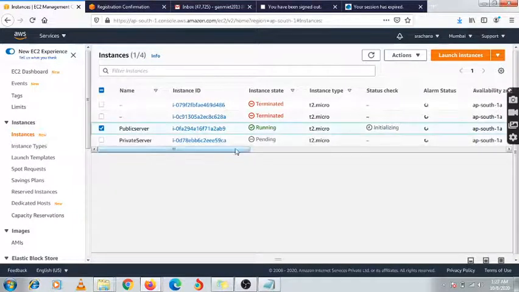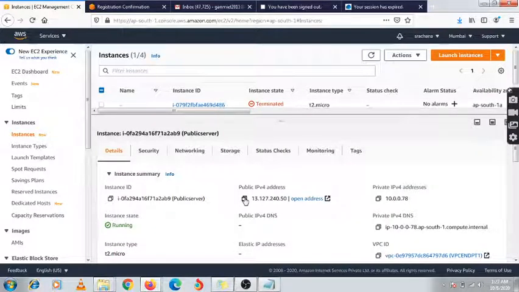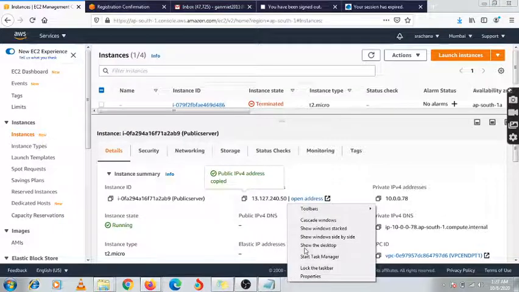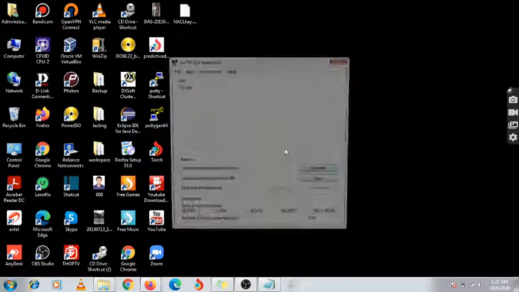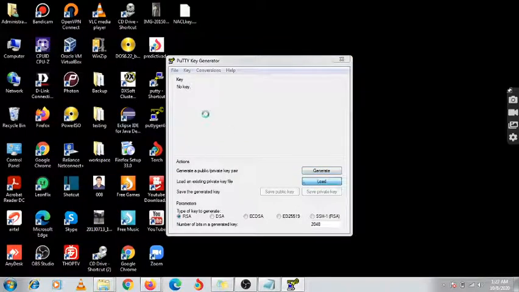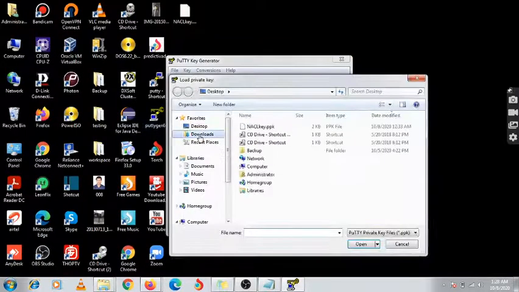First we need to select our public server and try to access this server using this public IP. So I'm going to minimize it and open our PuTTY. Here we need to load that key which you have downloaded.